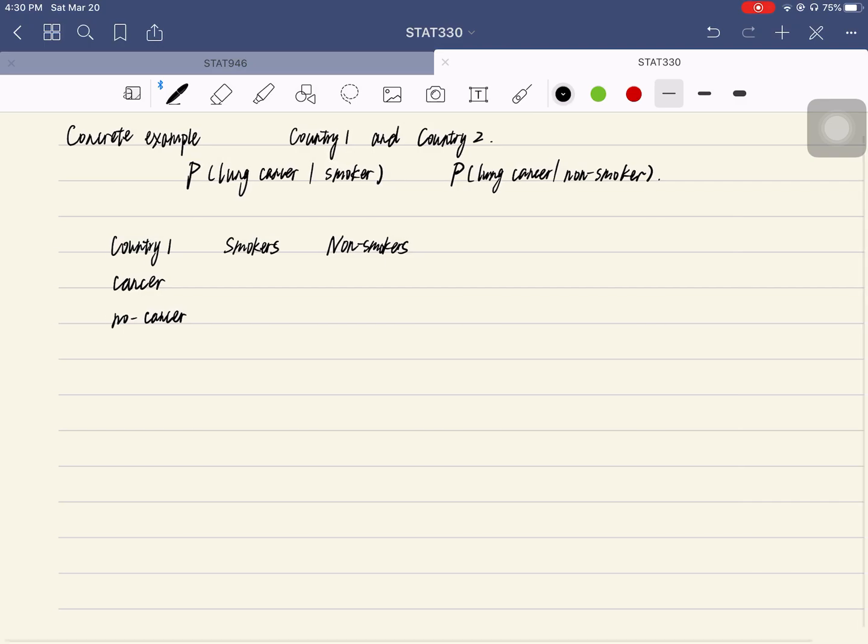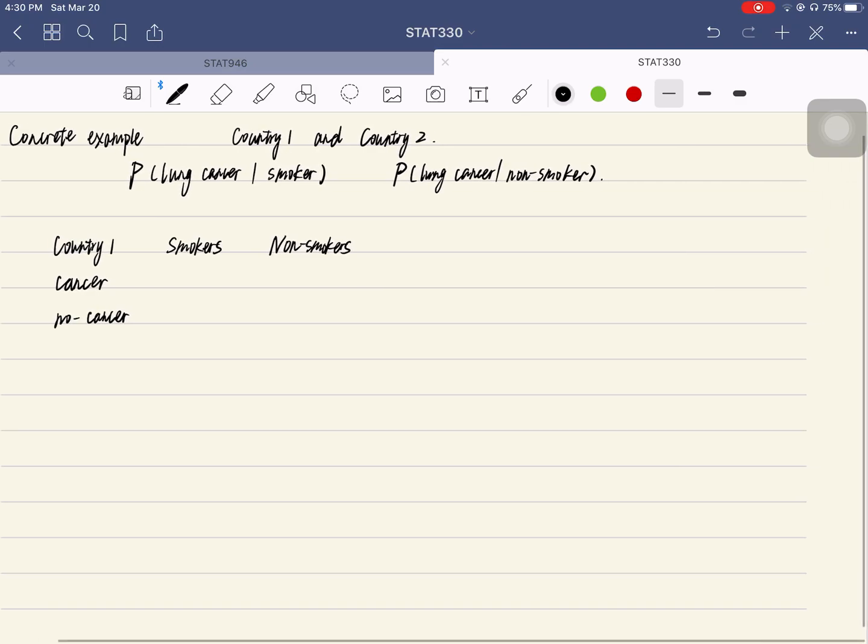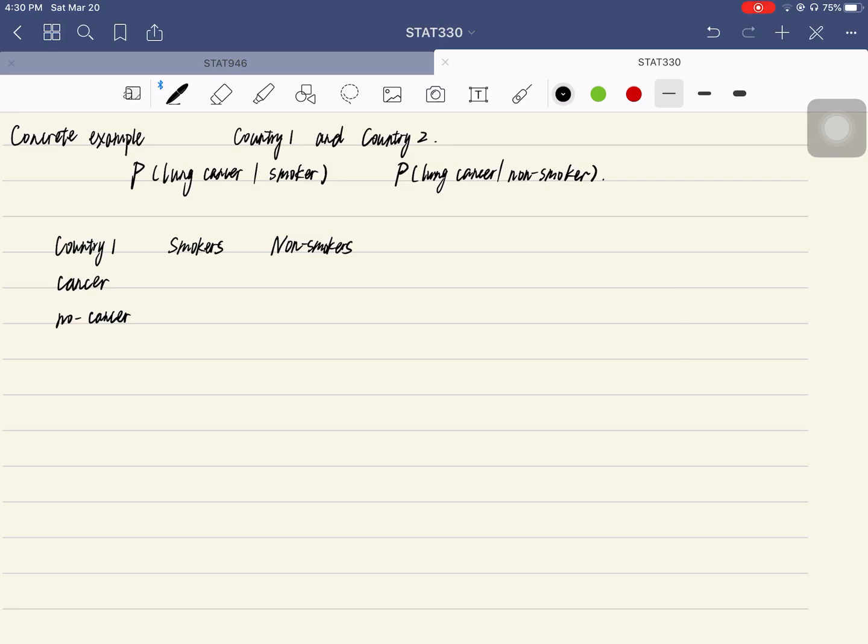Say this is data collected from our survey, and here we have 30 people with cancer who are smokers, and 290 people who are non-smokers with cancer, and